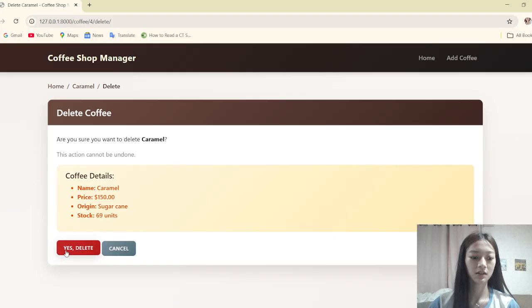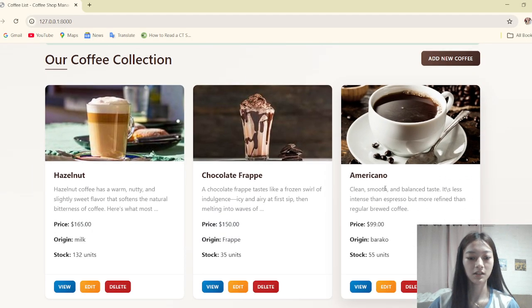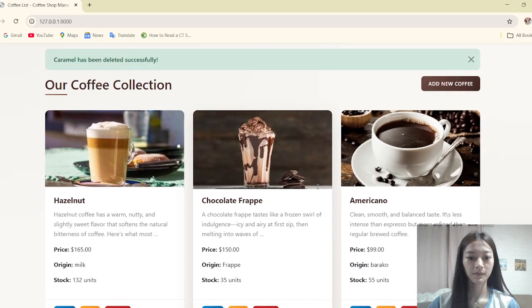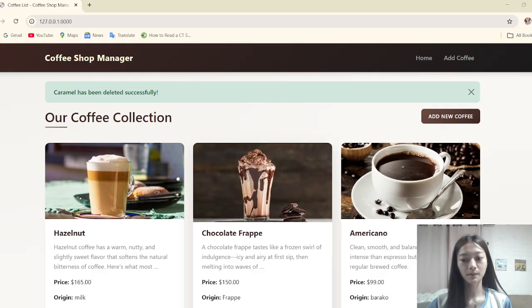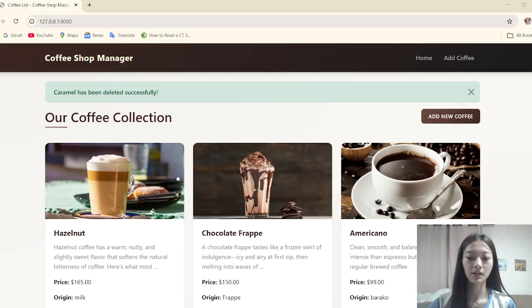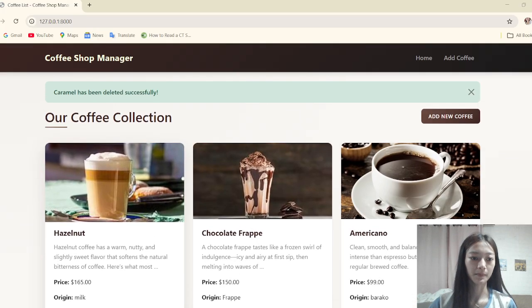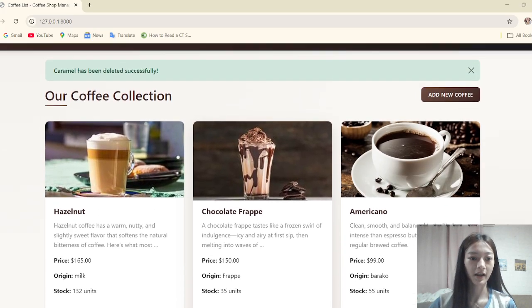If we click this Yes, Delete button, there we go. It is all deleted. Once confirmed, the product is permanently removed from the database. This demonstrates the delete functionality in our app.